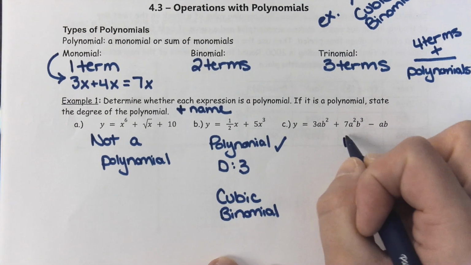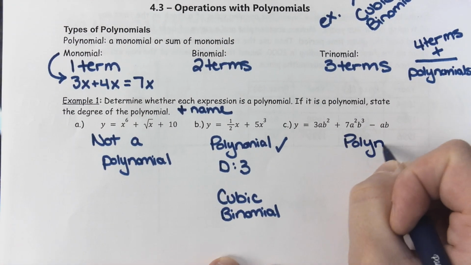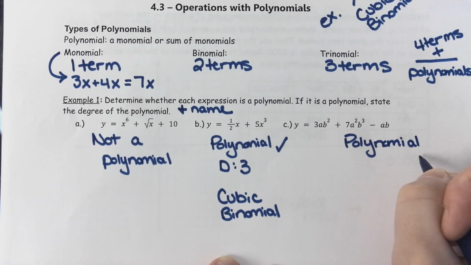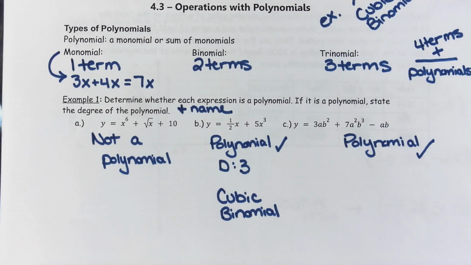Yes. You can have multiple variables. That's fine. Polynomial. Check. Okay. When you are looking for the degree and you have multiple variables, you're going to start by totaling things